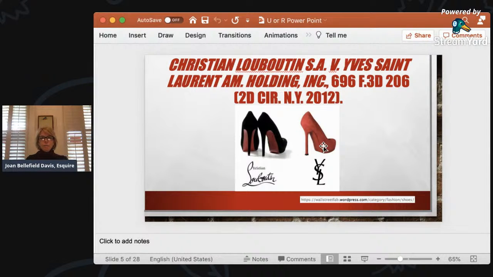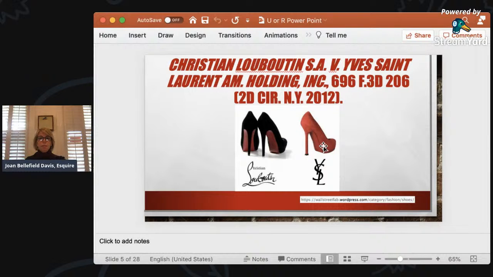The bottom of Christian Louboutin's shoe is a red lacquer, so it's shiny, it's different. It's very different than what was on this monochromatic shoe. So I like to say that this particular case was a win-win situation for both parties, because Christian Louboutin did